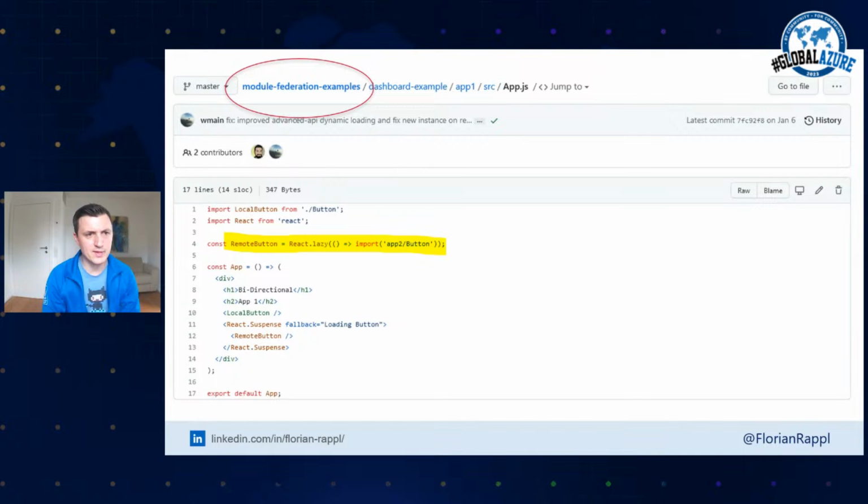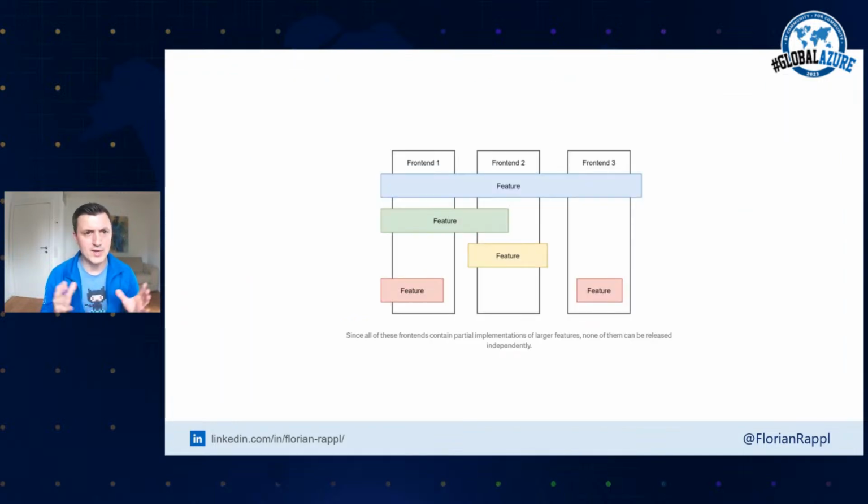They called it button. So if they now want to change their name, or if they are not available anymore, this code will break at this position. That's bad. Don't do that. And that also, of course, with the strong coupling leads to feature overlaps. So what is that? That is essentially the feature that prevents independent